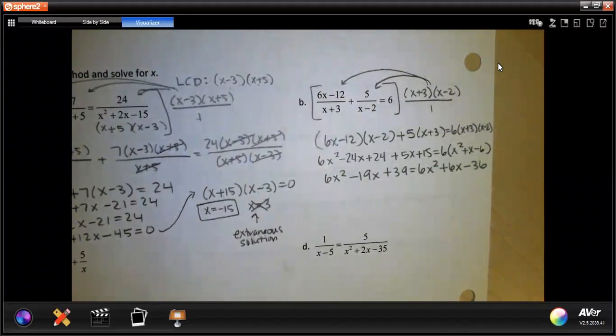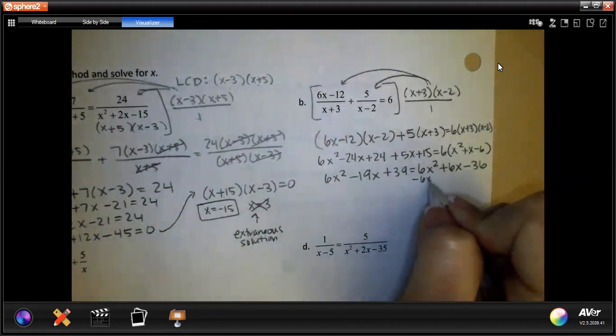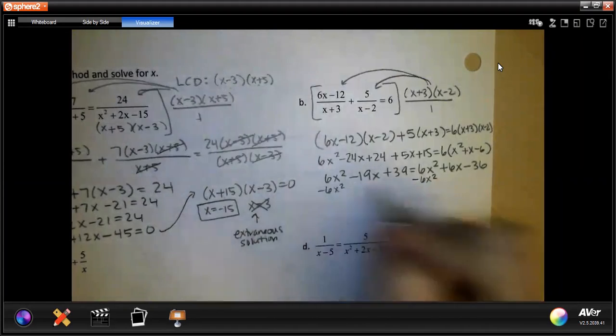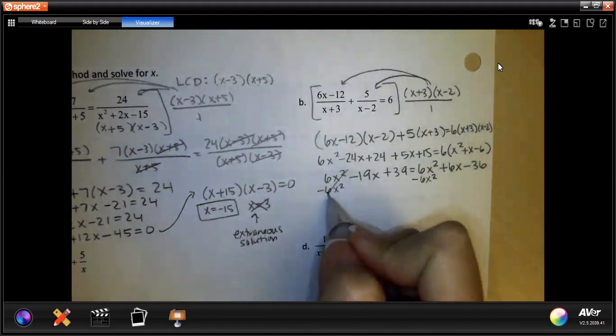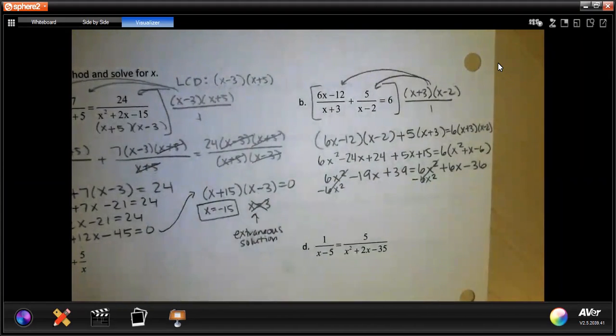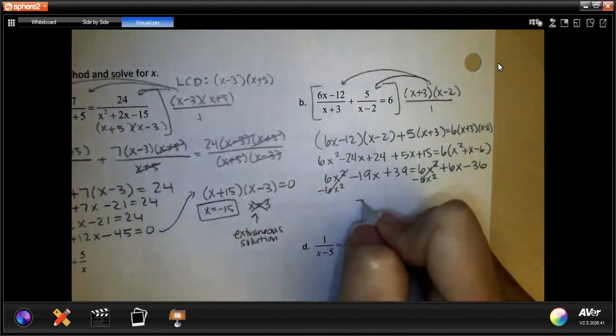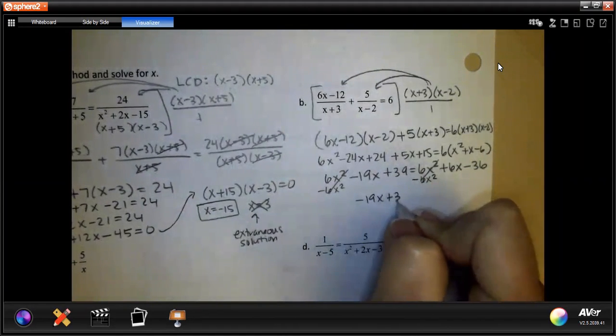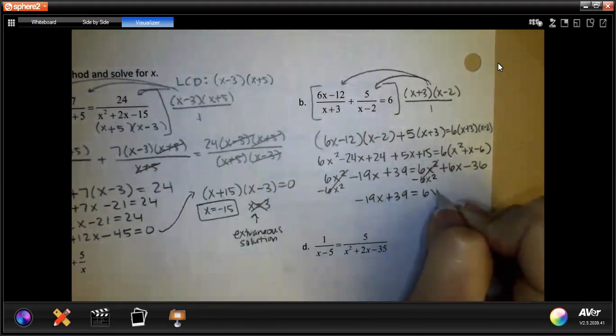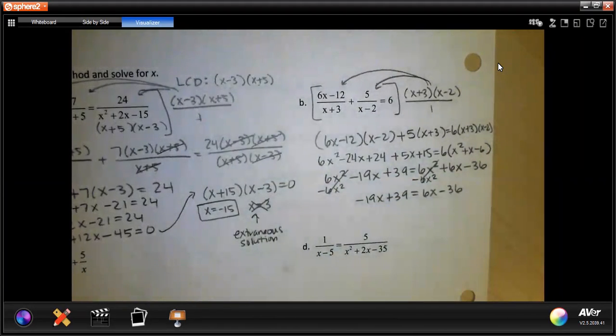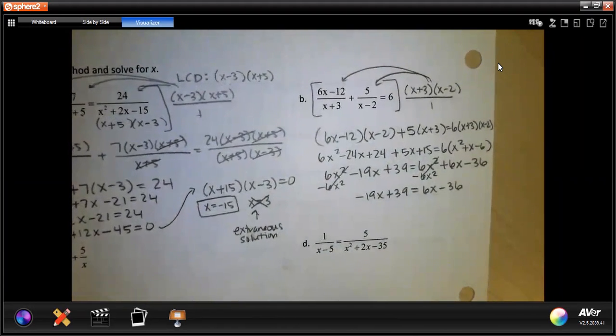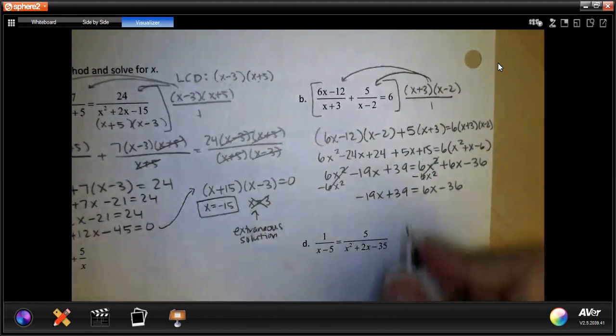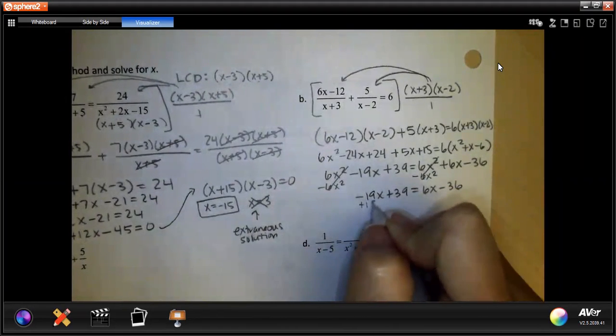Now, since it's a quadratic, we're going to go ahead and get everything to one side. When I do that, and I subtract the 6x squared to get it to this side, they both cancel out. So this one's actually going to be a little bit easier than the ones before. And so I've got negative 19x plus 39 is equal to 6x minus 36. Now we got to get them both onto the same side. So I'm going to add the 19x,